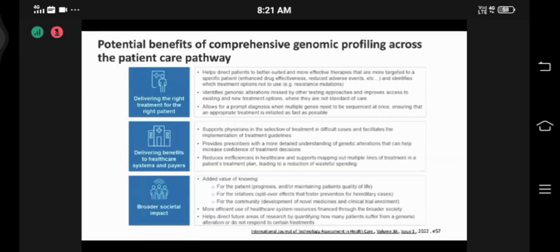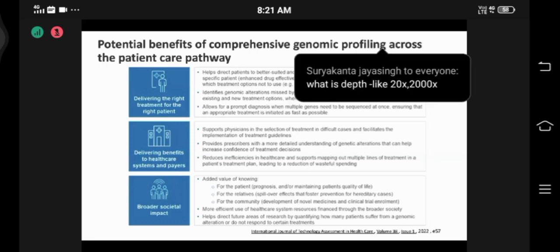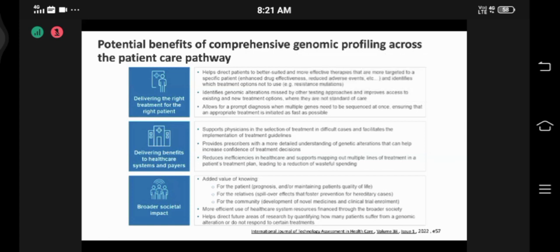Comprehensive genomic profiling is changing cancer care, and every patient's pathway is changed now. We have moved to that level where we cannot do without these kinds of tests. Some of us are slow adopters, some are early adopters, but we need to understand the science behind it and why it is changing everything. You are giving not only the right treatment for the right patient as precision oncology, but you are going deeper and deeper. You're going broader, and you're changing healthcare systems, dynamics, and a lot of healthcare-based decisions